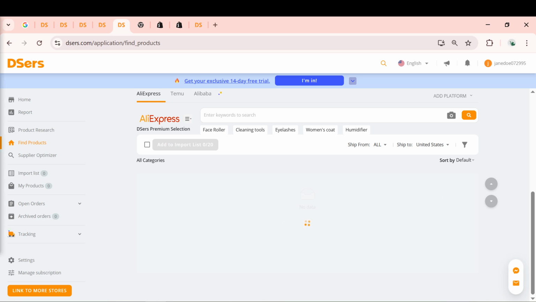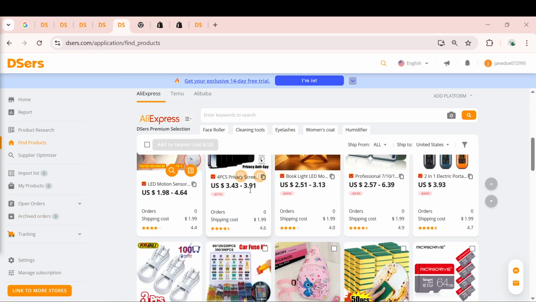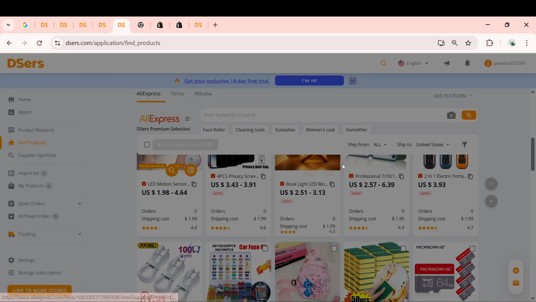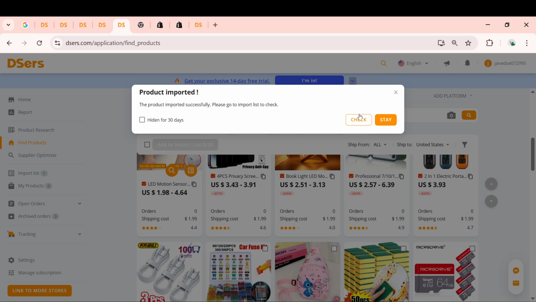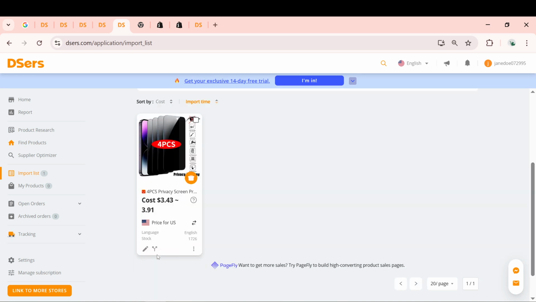Once the products are in your import list, you'll have the opportunity to refine them. You can edit product details, such as titles, descriptions, and even adjust variants and pricing to better suit your branding and marketing strategies. These customization options are vital as they ensure your products are presented in a way that aligns